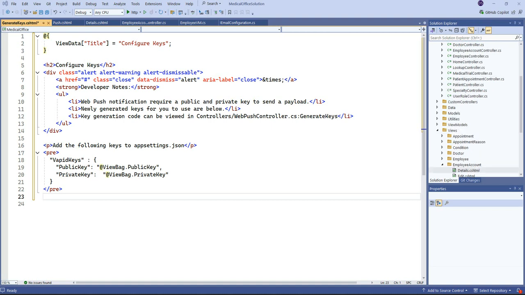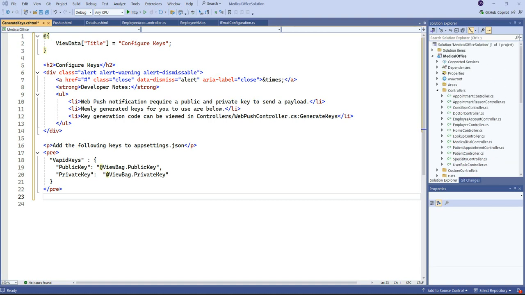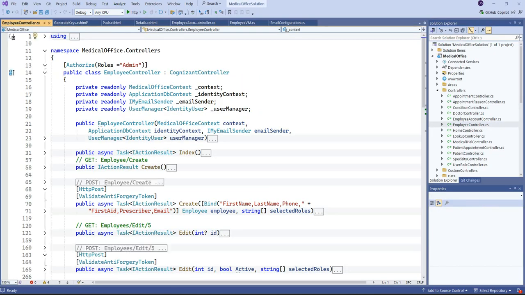We sort of pause in the middle there of this demo just to go on to the next section, just to break up the video a little bit. So we're next going to work in the employee controller, right? We've got everything in the employee account so we can actually subscribe, capture the subscription, and so on. All right, so in the employee, right here in the index at the top,